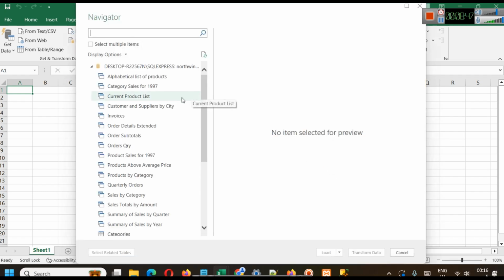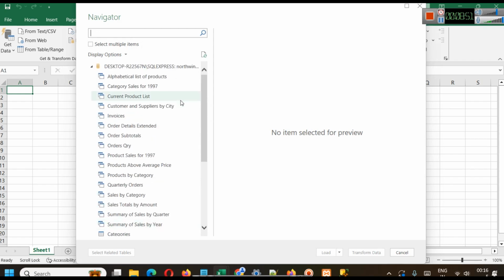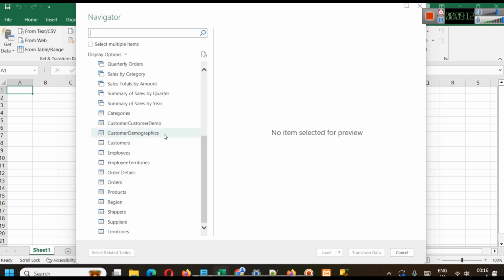When you click OK, it may ask for authentication. Because I have previously connected with SQL Server, it has not asked for authentication. At the authentication screen, you have to choose Windows authentication if you are connecting with Windows authentication. Otherwise, you can use your ID and password, the username and password there. So here for simplicity, I will